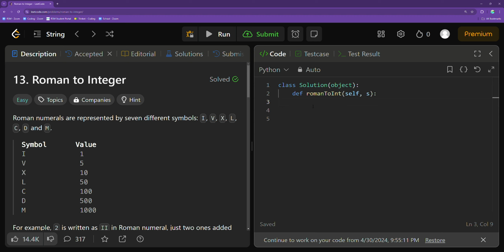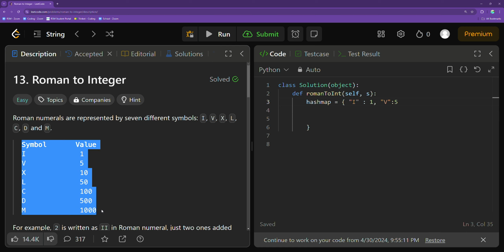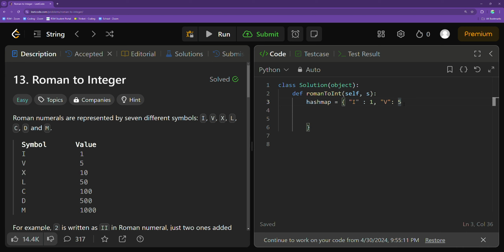So I'll create a hash map, and this is what I'll do. I will say that the string I corresponds to 1, the string V corresponds to 5. And keep in mind, I am simply using the definitions provided in the problem in this portion, just mapping each Roman numeral value to its integer definition. So I'll say X, should be capital, sorry, corresponds to 10,